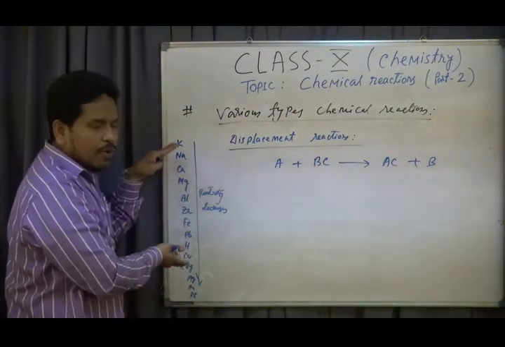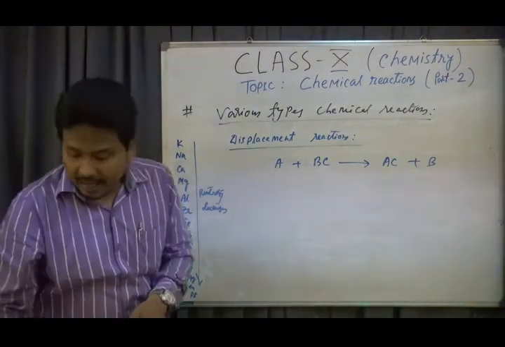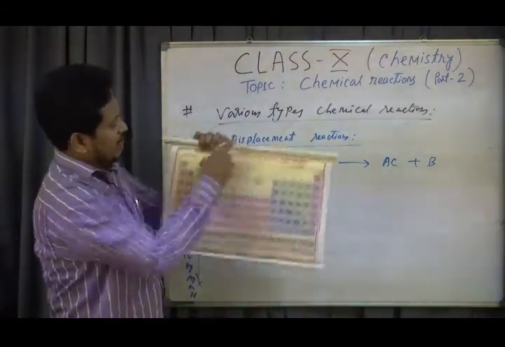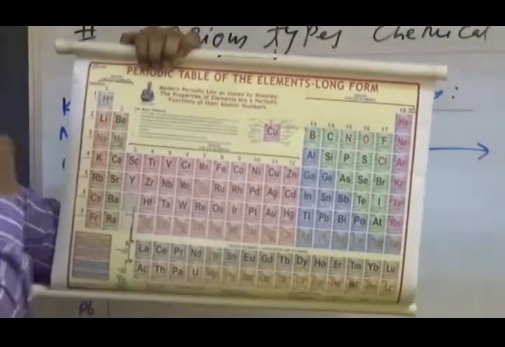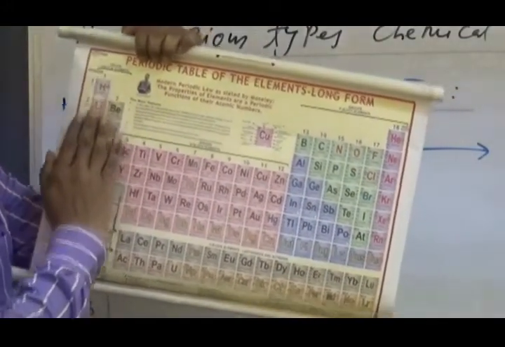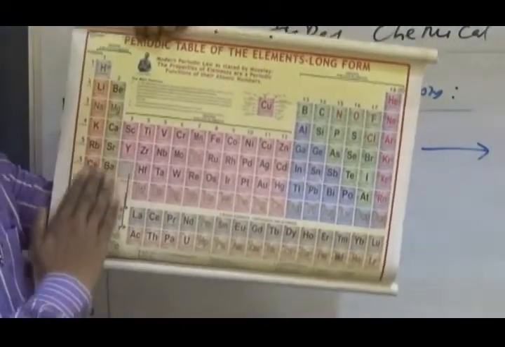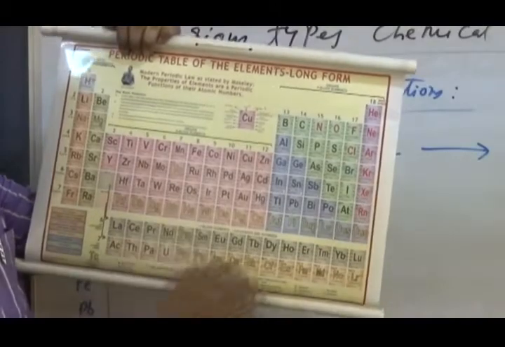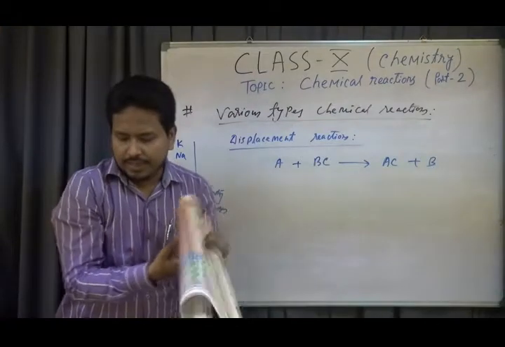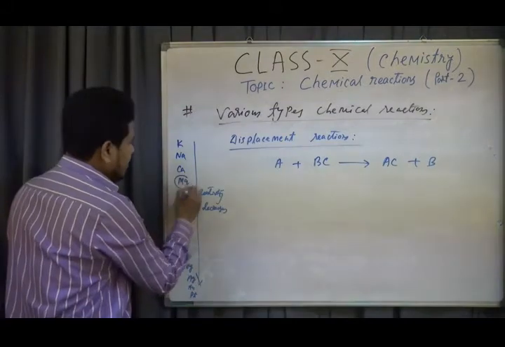So this is for your better understanding. It is included in your syllabus. There is a reactivity series of elements. Generally, in periodic table, metals are more reactive. Electropositive metal. Out of the metals, on the left hand side, these two groups, alkali metal and alkaline earth metal, S block elements, these metals are reactive. But other metals available here are less reactive than S block metals. So these metals will displace those other metals from their compounds. This is the displacement reaction. Just for your understanding, I have explained. Okay, my dear students. So now look at this activity series. Let example magnesium and copper.